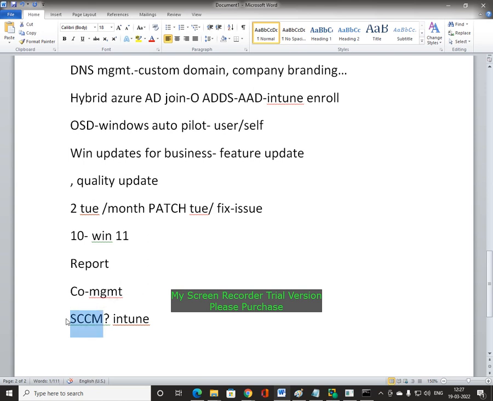Of course, the product branding and name has changed. We don't call it SCCM anymore. We call it MECM, Microsoft Endpoint Configuration Manager. Okay, so MECM is here to stay. It will go nowhere. Okay, and Intune will also be there. So both products